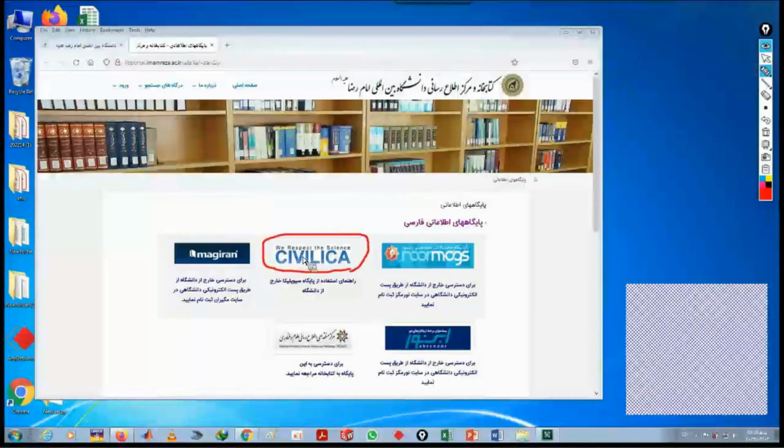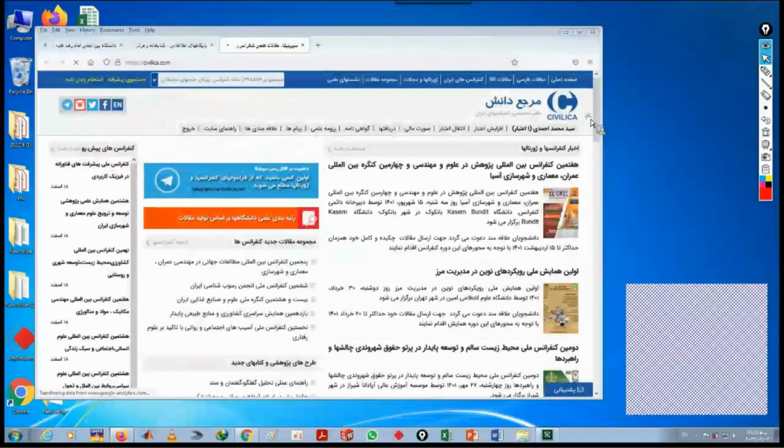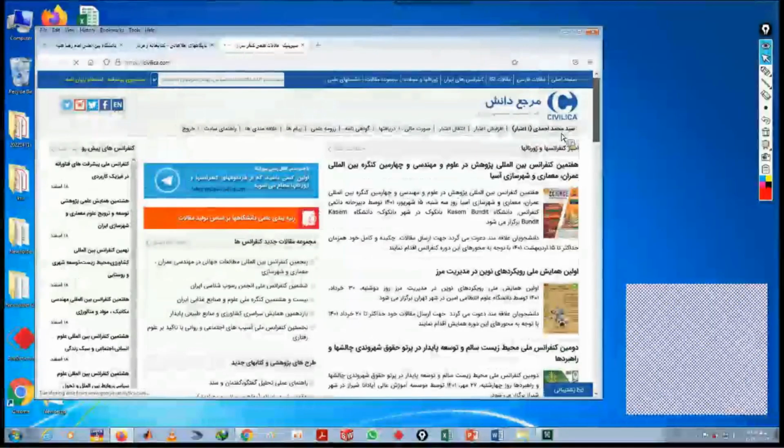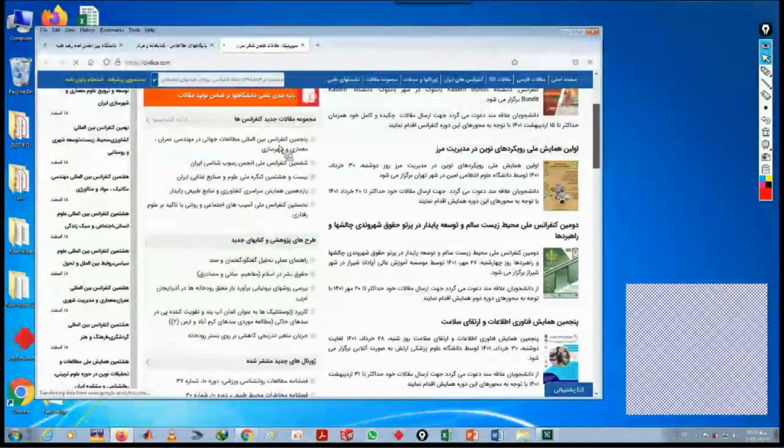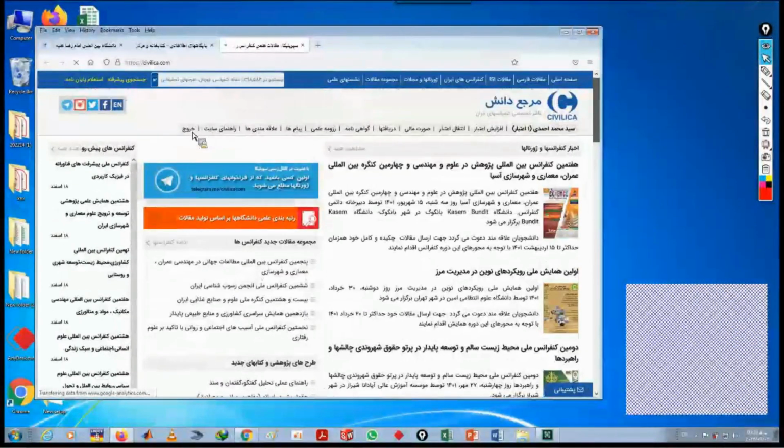But to access Civilica, you can click on this logo here, or you can type civilica.com. So let me click on this button. Okay, here you can see the homepage of civilica.com,